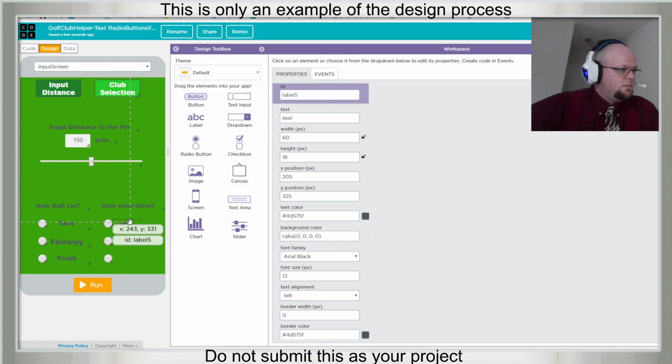Yeah, so it's going to be the same. 107 by 25. X position, there we go. And center. And text size 13. And can we duplicate? Good. And duplicate. Good.